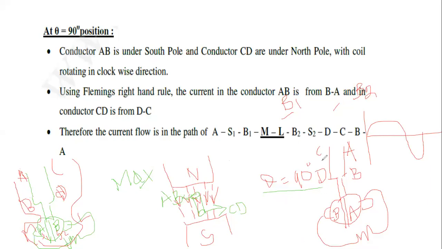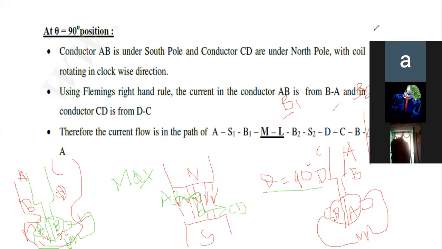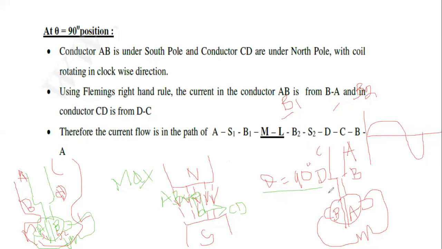If there is no change in the connection of the commutator segments for the conductor, therefore there is no change in the cycle. That's why the output of that commutator will be obtained as DC. This is the direct current. In the negative cycle there is no representation of any voltage or current, only the positive cycle is represented. That is the action of the commutator.